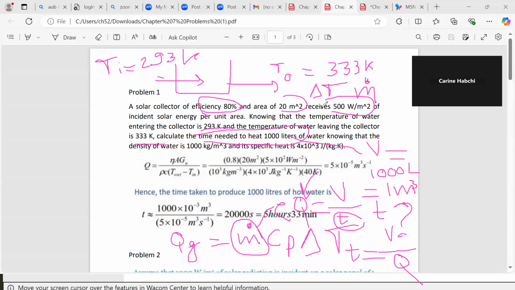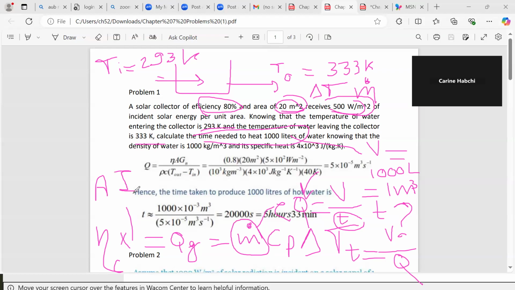I get the energy transferred. So I have that this m dot Cp delta T is equal to what actually? It's equal to the efficiency of my collector times the maximum possible energy that I can take from my collector. What is the maximum possible energy that I can take? I have the area and I have the incident solar energy. So I have efficiency times area times incident energy, incident flux. Incident flux is the one that is